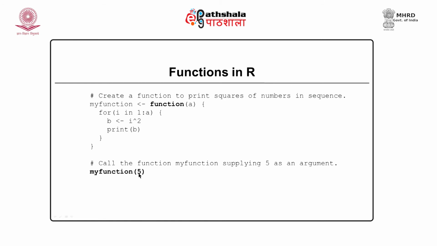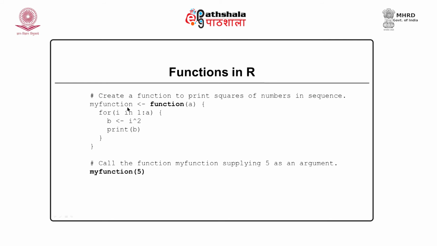Now, let us see what this function is doing. Whenever I pass 5, the value will go in this variable a. A will take the value 5, and within this function body I am taking a for loop. There is an i variable, this is the loop variable which will take values from 1 to 5, and for each value the loop will iterate, and b is another variable which will calculate the square of values of a. So, for the first it will calculate 1 square, for another loop it will calculate 2 square, 3 square and so on, and we are printing the values of b.